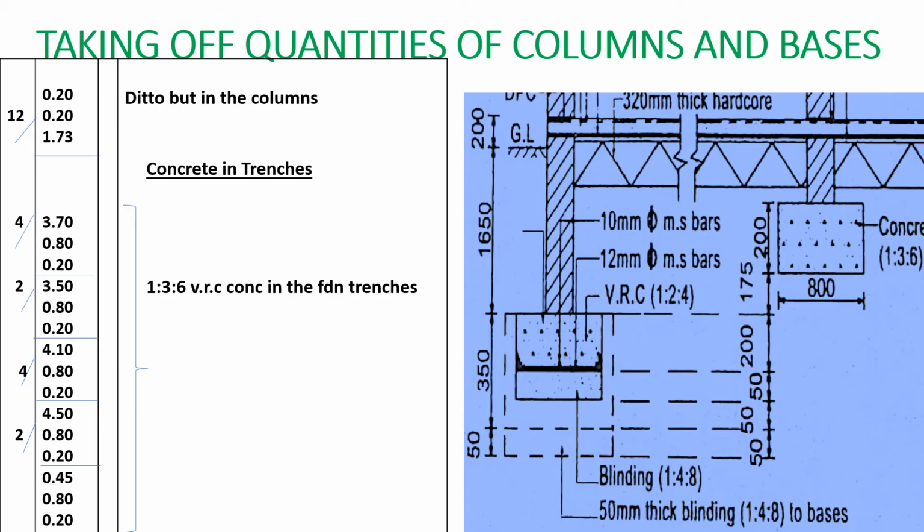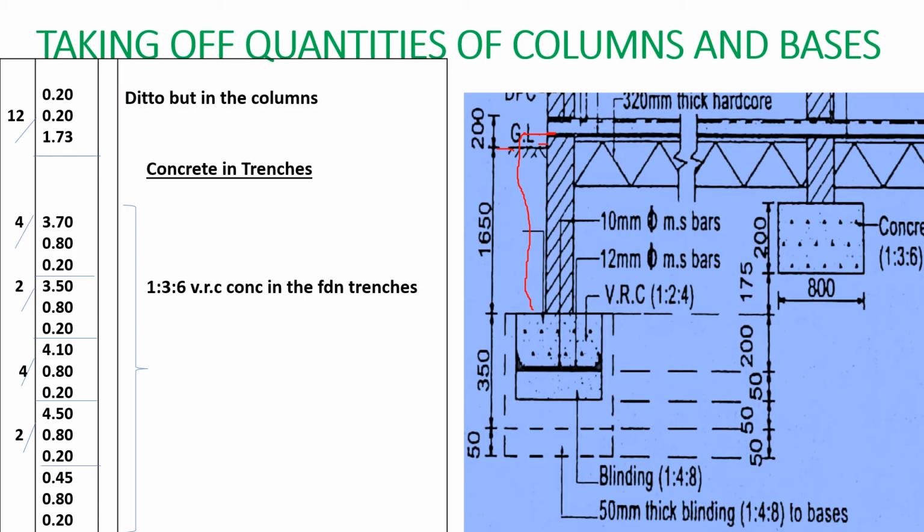It's the same as the wall. And then our depth of the concrete, our depth of the column, will be from this point here, because it's going to be flush with the slab up to there. So we have from here up to down here is 1650. So we need to add this portion here, which will be 200 minus 125. That gives us 75. So we are going to add 75 to 1650. That is going to give us